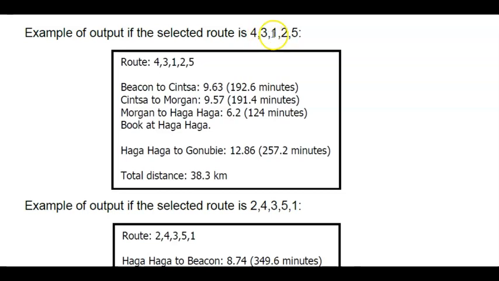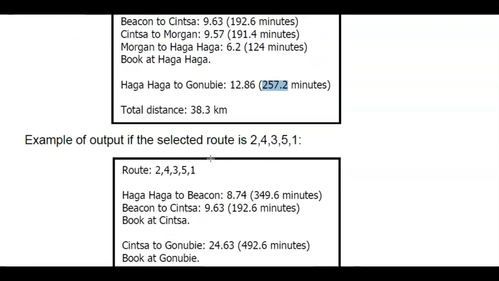So here is 43125 that is displayed there. Beacon sensor, kilometers, minutes. Book at Haga Haga. So it must be this guy here. Then Haga Haga to Ganubi, and that was 12.86 kilometers. And then my total minutes here. And there's the total distance that is displayed. Then the next example of output,